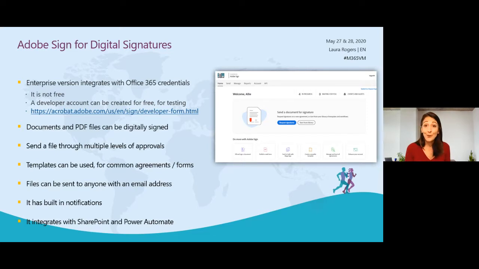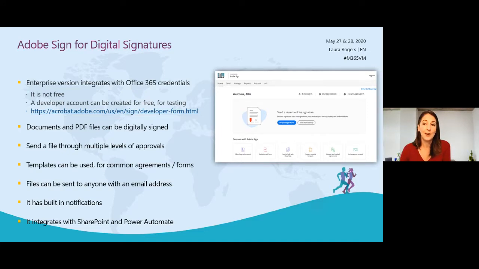I've tried a couple of the other products. I've tried DocuSign with its integration in Flow, and it is crap compared to what Adobe has. Adobe is awesome, and I don't know anybody at Adobe. Adobe cares less if I'm promoting their product, but just from me testing it and trying it out, I think this one, they've really gone far in all the integration and things they've built in